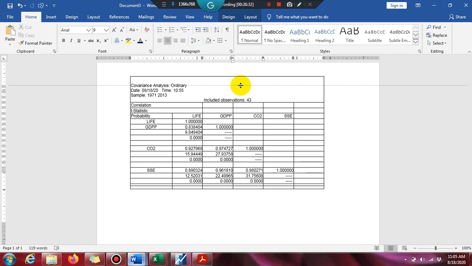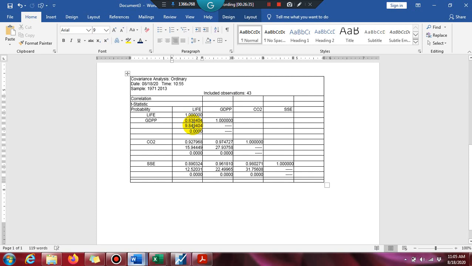But in the table we have estimated from our eViews file, here we have the t value and this is the p value. The interpretation of t value and p value: if the p value is 0.0, this means that there is a significant correlation between this variable and this variable. The t value also shows the significance or insignificance of the variable.